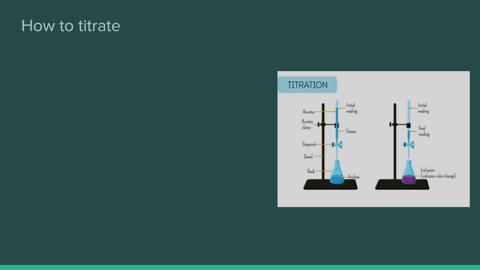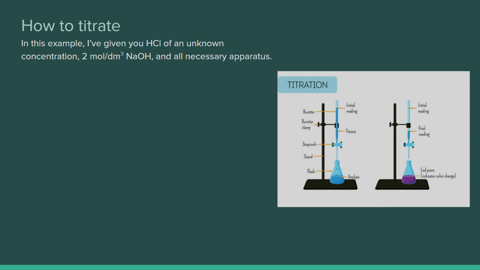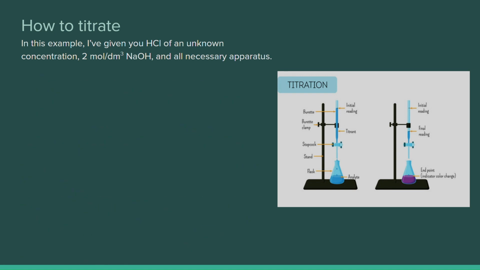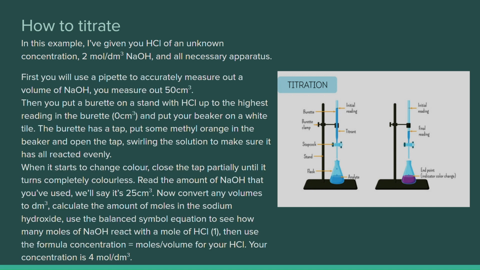I'm so sorry about this slide, it's a bit long. In this example, I've given you HCl of an unknown concentration, 2 moles per decimeter cubed of NaOH, and all necessary apparatus. First you use a pipette to accurately measure out a volume of NaOH, which is 50 cm cubed. Then you put a burette on the stand with HCl up to the highest reading in the burette,